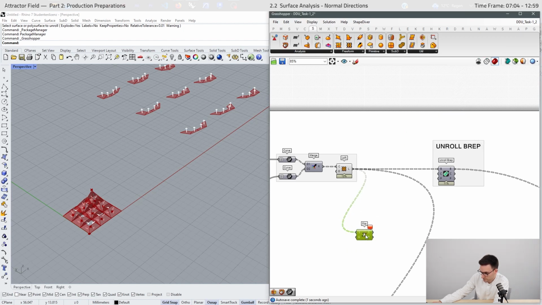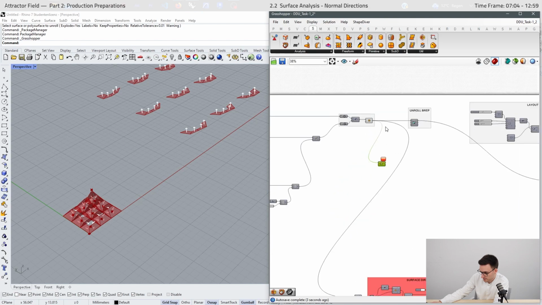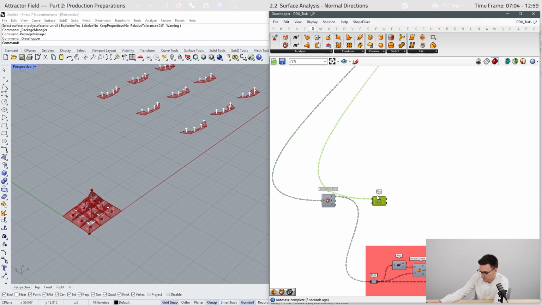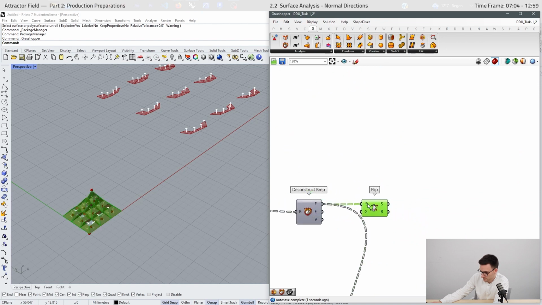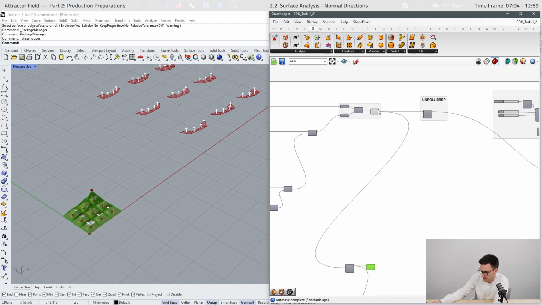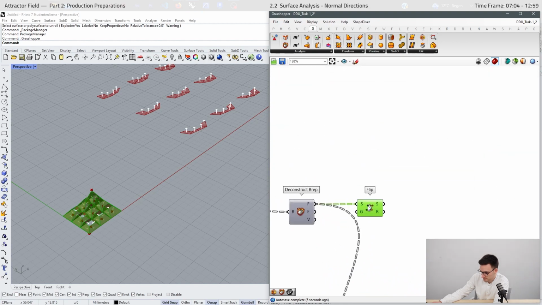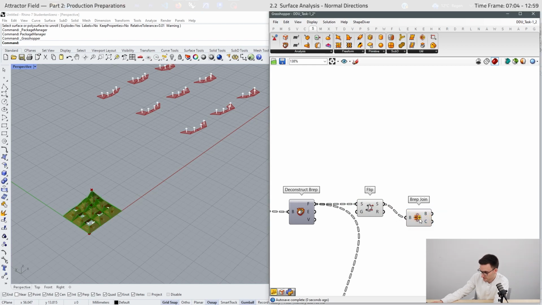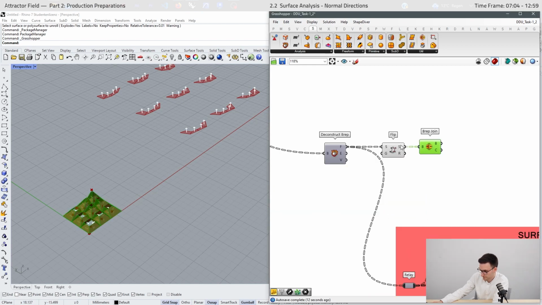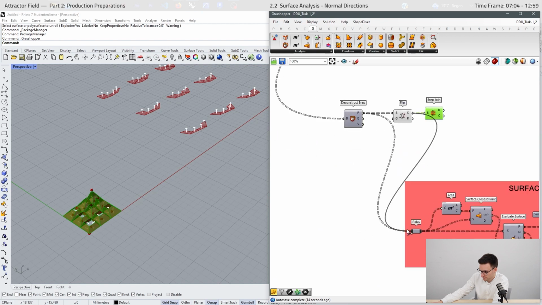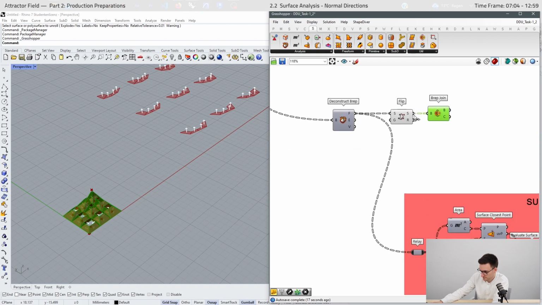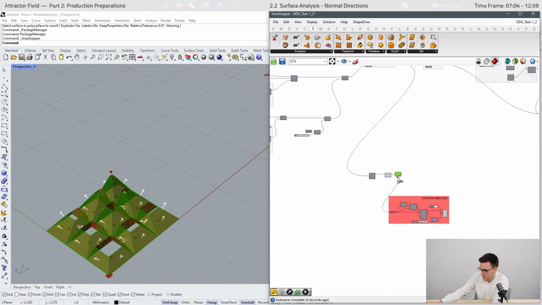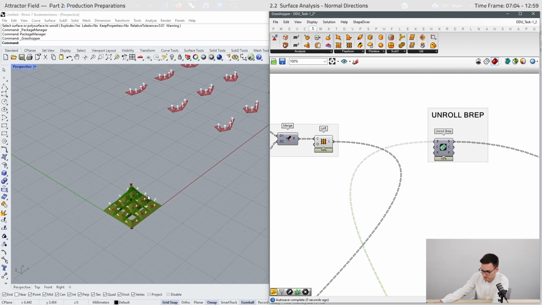Then you can flip the surfaces, and you have to use the Deconstruct component because these are B-reps and we need the surfaces. Then we can join all surfaces with B-rep Join together. We can test it right here. If we input the surfaces, now we see that the arrows are pointing outwards. Okay, we can use this.